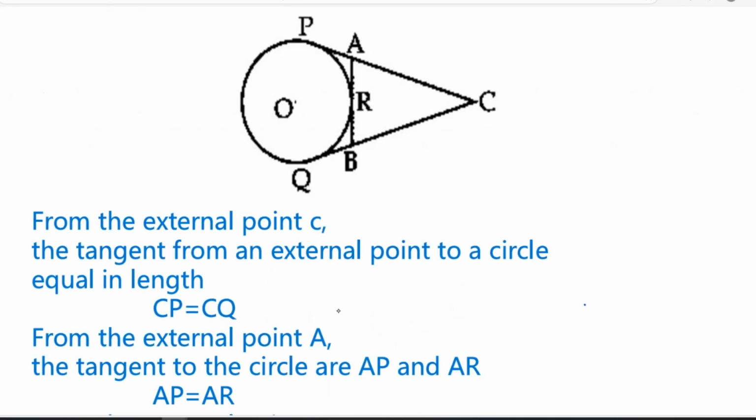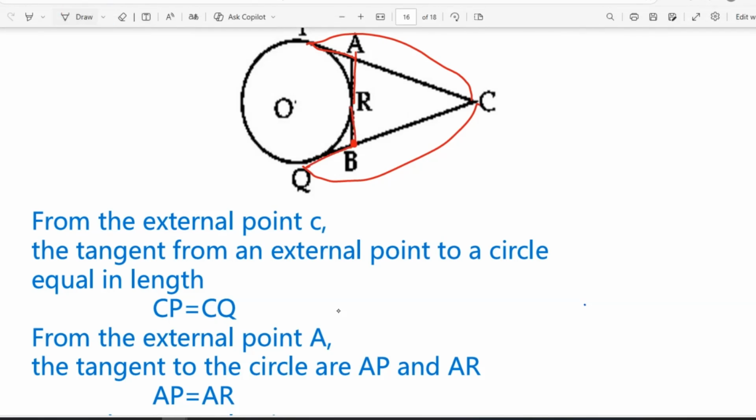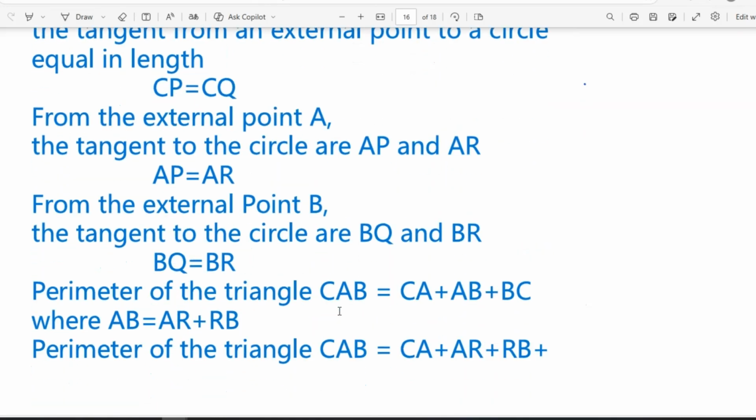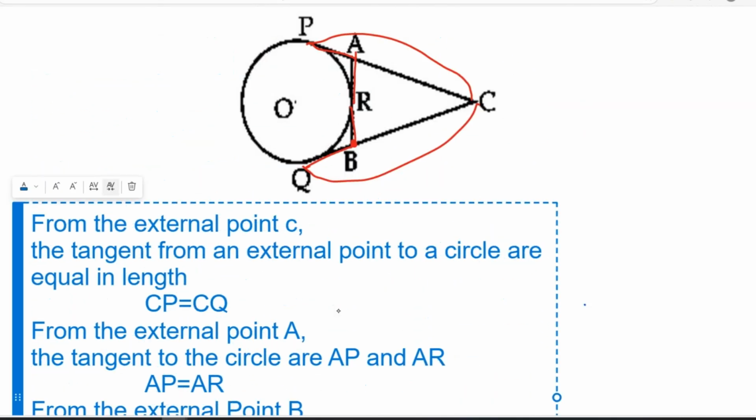The tangents from an external point to a circle are equal in length. Then CP will be equal to CQ. If you take the external point A, the tangents to the circle are AP and AR. In the same way, from the external point B, BQ and BR are the tangents to the circle. So now, by taking this, we have